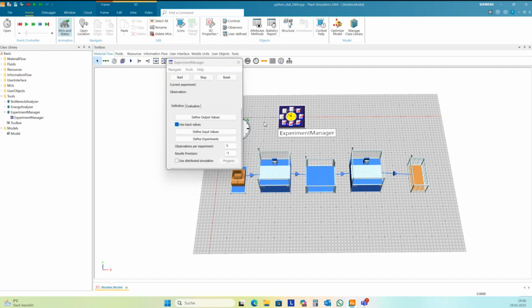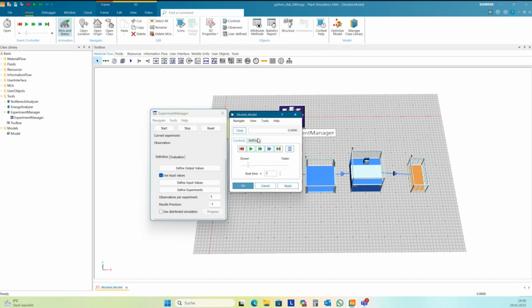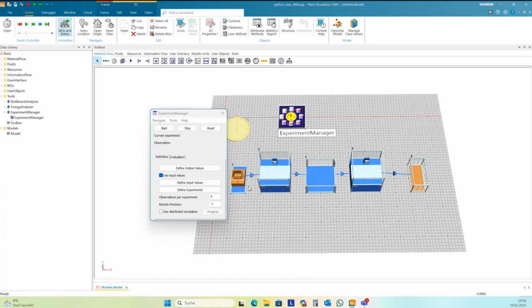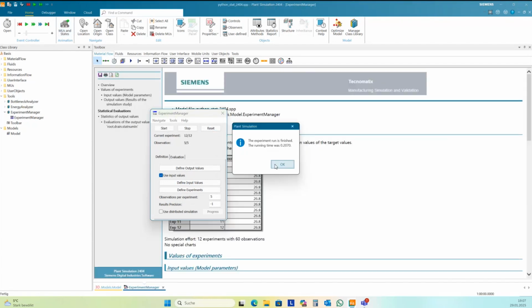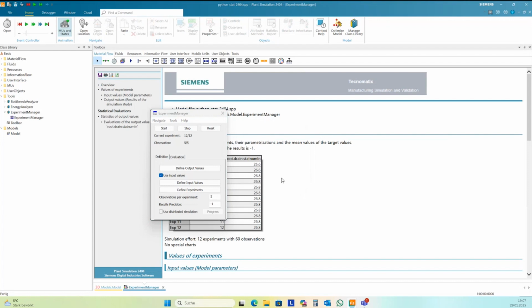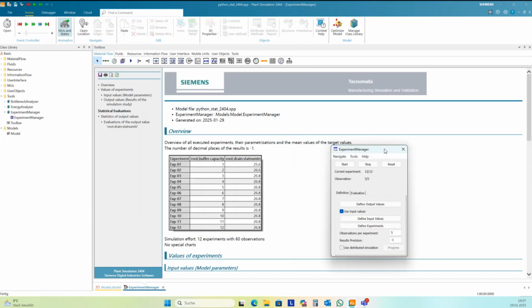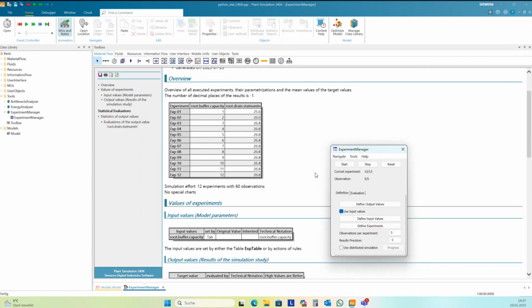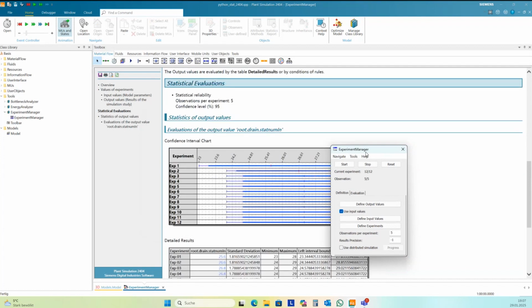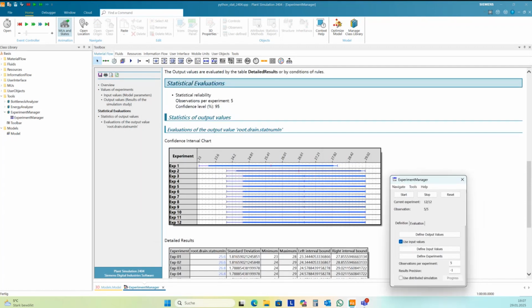Okay, I forgot the end time for the event controller. End time is 1 day, it's enough. And then start all this stuff. Oh, that's not good here. Oh, I have to look at my original.